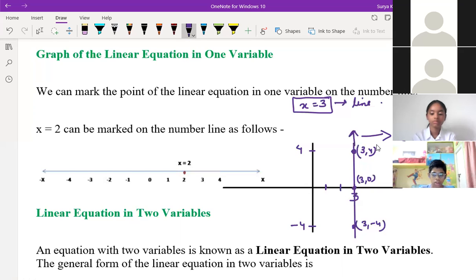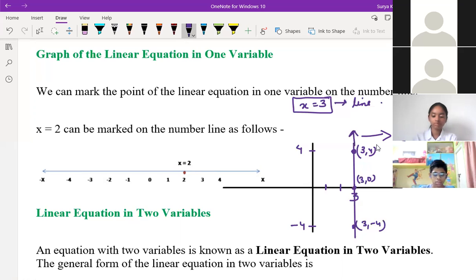Now it's clear. Okay, so we are depicting x as the graph and 3 as the value. Yeah. Means on this line you will get x is equal to 3. Always x is equal to 3 only. Understood? Sir, so if it's y is equal to 3, we do it on the y-axis.